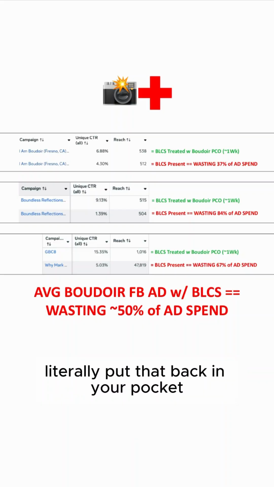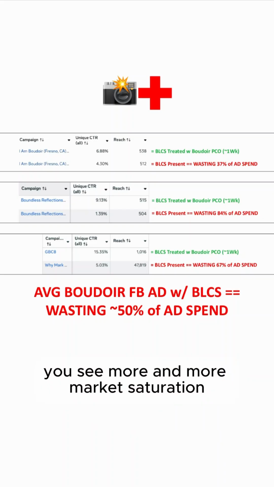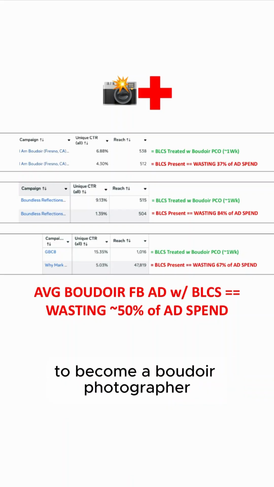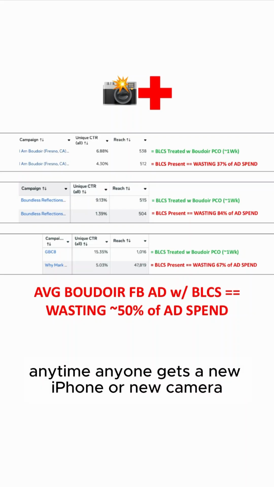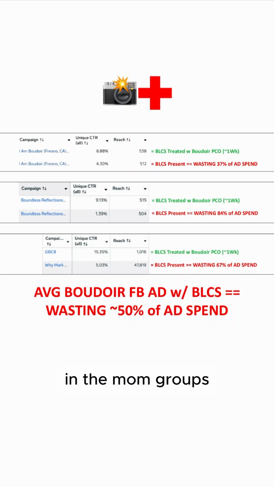Put that back in your pocket, approximately, and on average that'd be like 60 grand over the next year, because you see more and more market saturation over time. More women are entering the marketplace to become boudoir photographers. Seems like anytime anyone gets a new iPhone or a new camera, they're popping up on Google Maps and in the mom groups. Then shoot me a DM